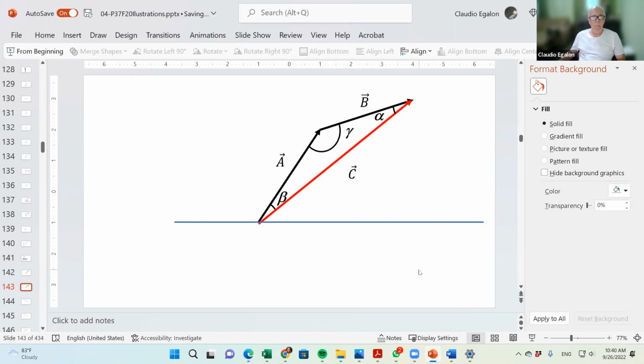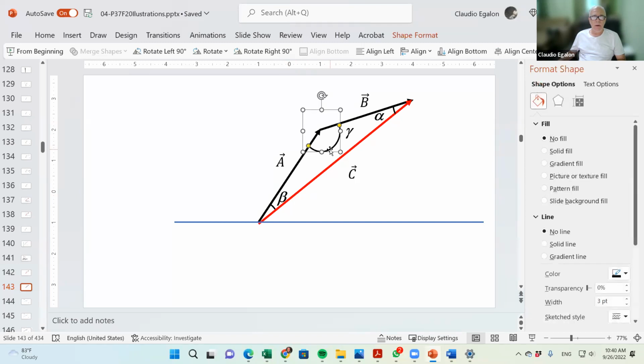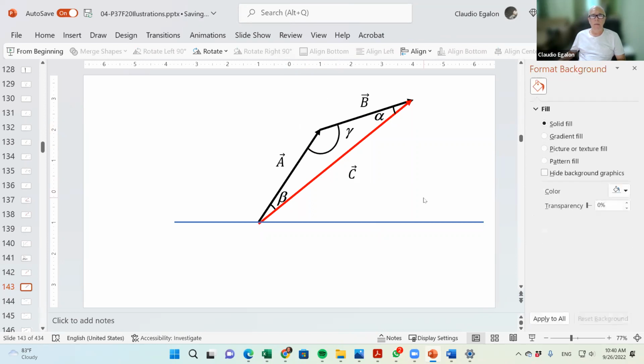Don't forget that theta is this angle right here. The angle is the horizontal. In the cosine law, we use the angles of the vertices of our triangle instead. Here you go. How do you memorize that?